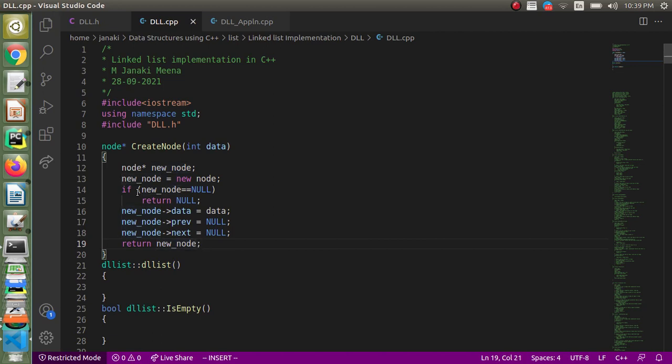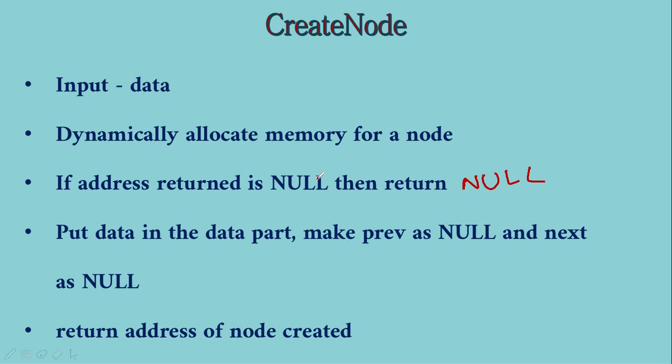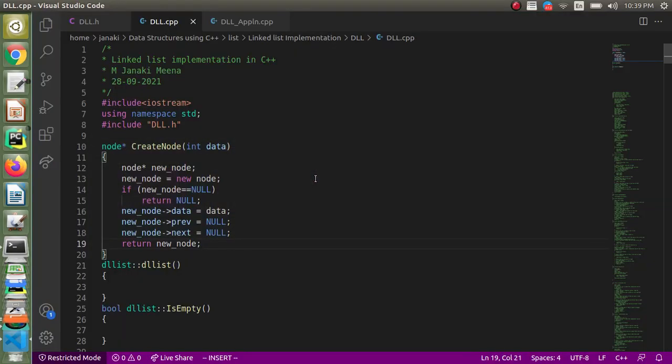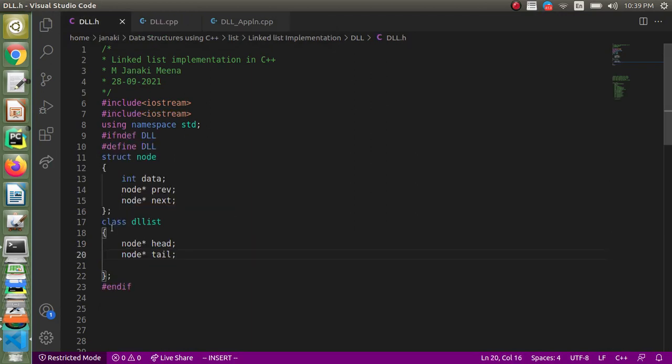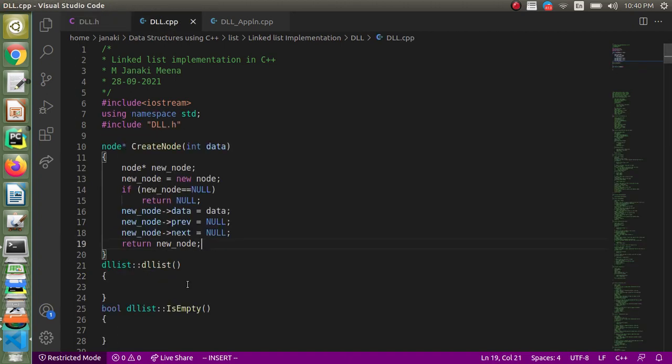Right, done. So create node is done hopefully, and next is the create list function. We are going to use OOP, and already we have declared the head and the tail. Instead of writing a create list function explicitly, we are going to use the constructor, the default constructor, for creating it. The basic objective of the create function is to initialize the properties of the list. So when we see here there is a head and a tail, we have to initialize that. So let us do it here: head equal to tail equal to null.